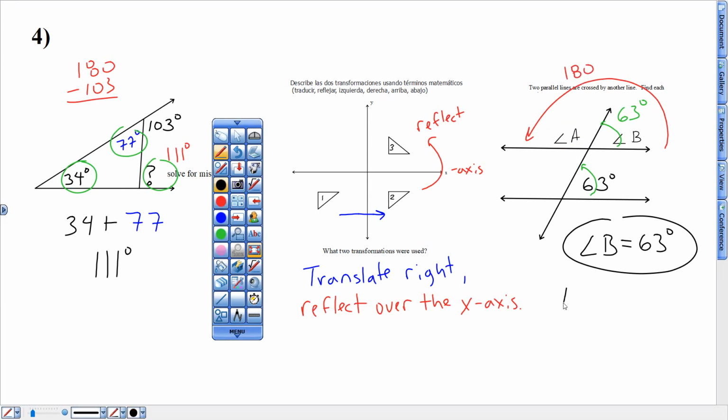So if I do 180 minus that 63, and use my calculator or good old-fashioned arithmetic, that should be 117 degrees. So if I'm asking for angle A, not angle B, sorry, angle A would be 117